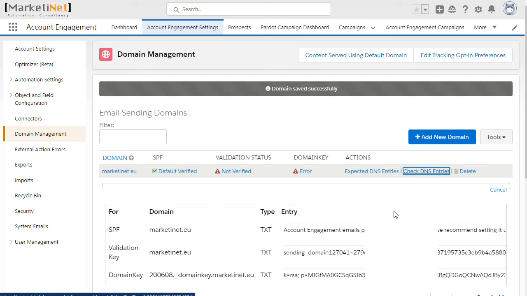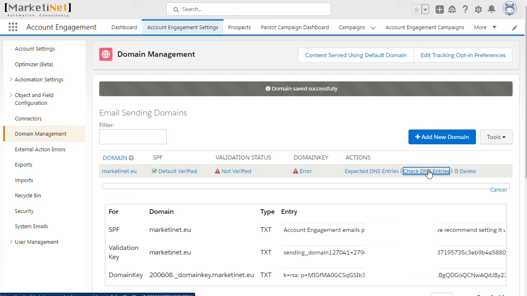Please note that DNS records always take time to propagate. Therefore, if we check in Pardot now, it might still show that the domain is not properly verified, and that it is not currently verified. This is simply because the DNS records have not propagated yet. We need to wait for a few minutes, and then go back to the Pardot settings to verify that everything